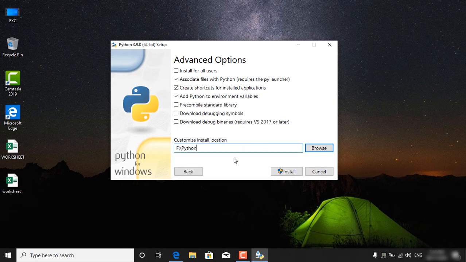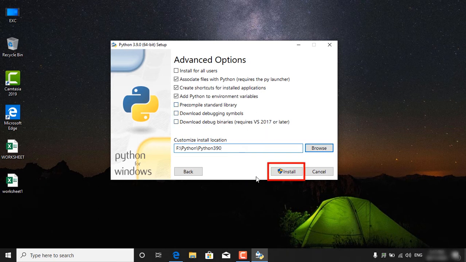and we'll type a backslash, and in the Python folder I need to install Python 3.9.0. The version is 3.9.0, so I will type 390 so that I can understand which version of Python is installed in my OS. I choose 390 because it is the version I am installing, 3.9.0. So this is up to you, you can give the name as you like.